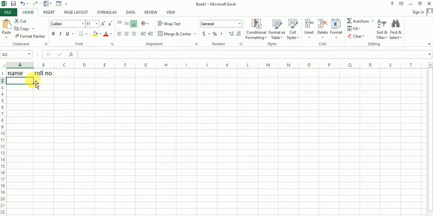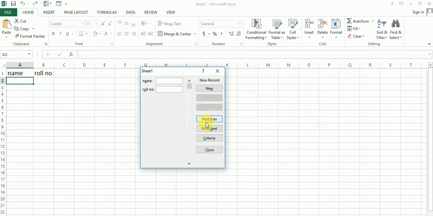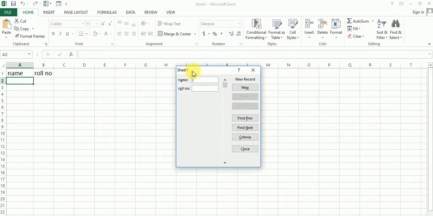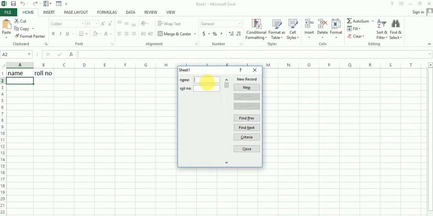Suppose I want to put a value in this cell, so select this cell. Then click on Form, and my form dialog box will appear here. You can see the name field. Suppose you enter the name ZA and the roll number 45, and press the New button.